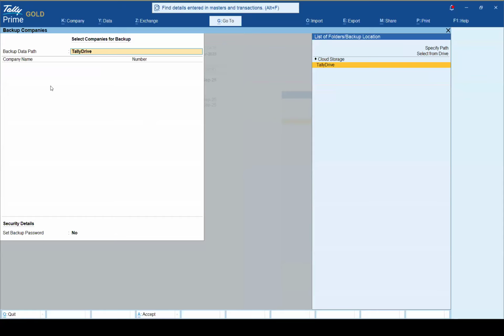Even it will ask you to select the backup data path while taking a backup. So you can select whether it is a local drive or it is a Tally drive. Tally drive means it is a cloud storage. So you can select as usual how you were doing till today. You can even select the local folders if it is required, or you can go to Tally drive where you can store the data on the cloud, and you can access the data from anywhere if you have a valid